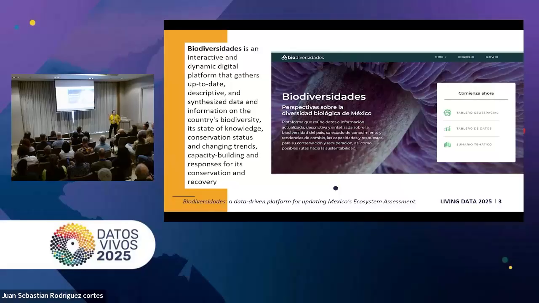It involves not only the work that we do in CONABIO with our National Biodiversity Information System, and other related systems, because we have a spatial monitoring system of mangroves, we have alerts for fires, we have a lot of systems running around this biodiversity information system, but also from other institutions. And this platform is going to have